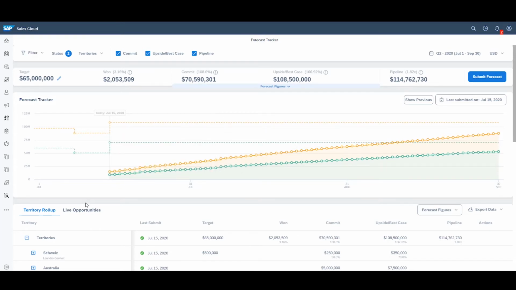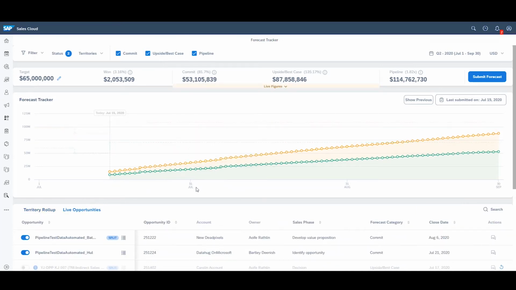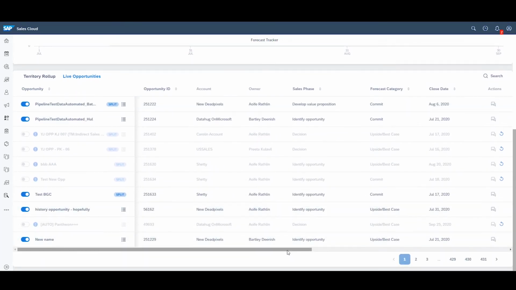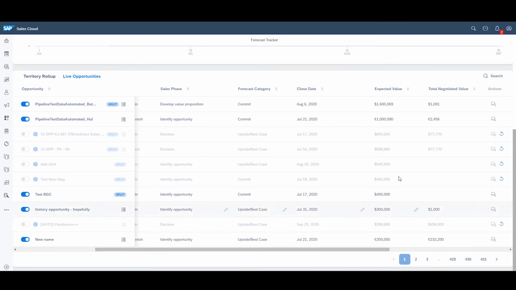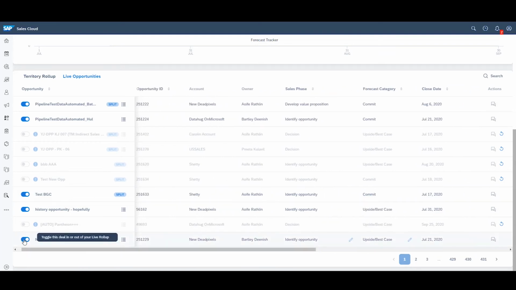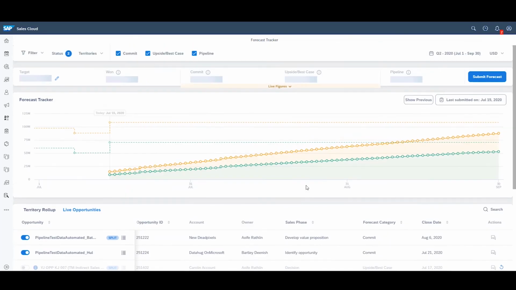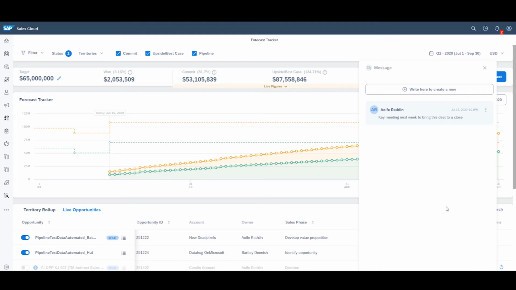As a sales rep, when I wish to submit a fresh forecast, I can click into my Live Opportunities tab and perform simulations against the forecast category and amount fields. I can also remove opportunities entirely from the forecast via the opportunity toggle. As I make these changes, the numbers above the graph, which represent my real-time forecast, will update. I can also add a comment to an opportunity if I wish to provide additional context on how that opportunity